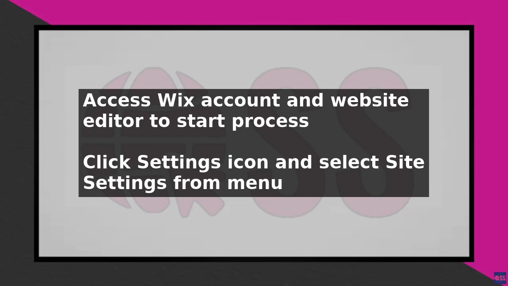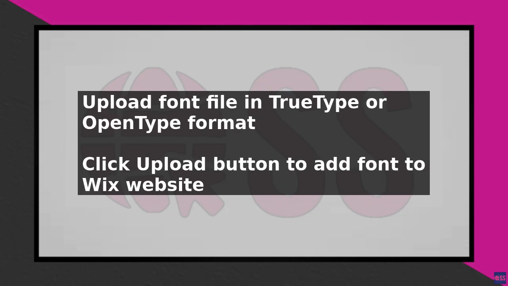Click on the Upload Your Font button and select the font file from your computer. Wix supports TrueType and OpenType font files, so make sure your font is in one of these formats. Once you have selected your font file, click on the Upload button to upload it to Wix. After the font has been uploaded, you can add it to your website by clicking on the Add to Site